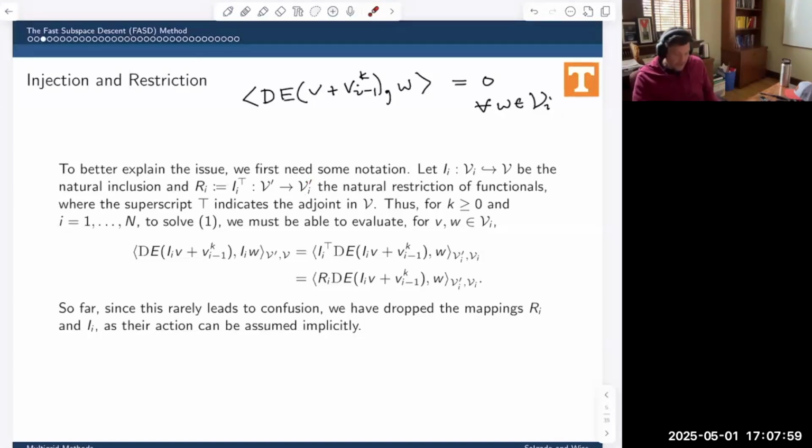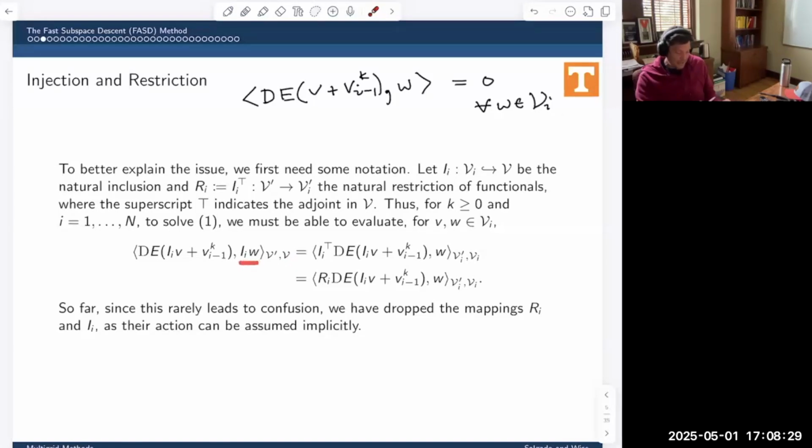Well, it turns out with this dual pairing, this guy can move over here the same way that a transpose moves over in this typical Euclidean inner product setting. Okay, so this pairing here, what is that? That's a pairing between V prime and V,